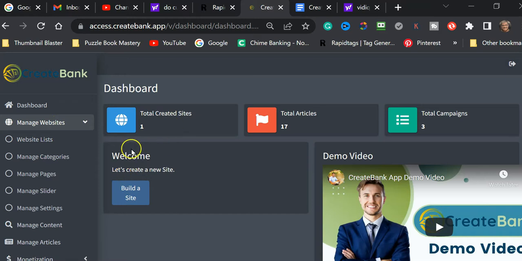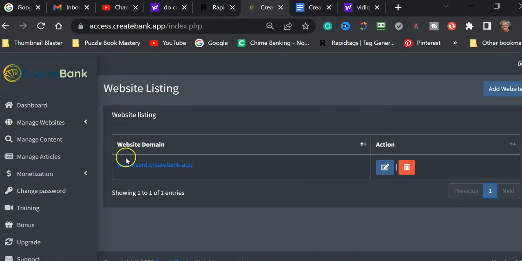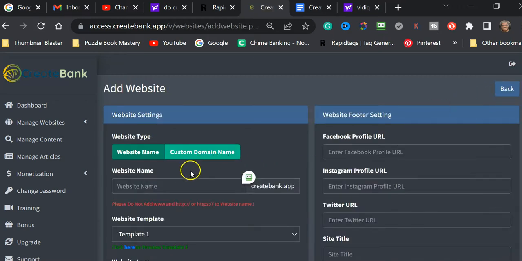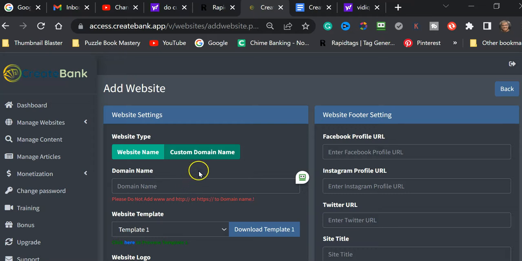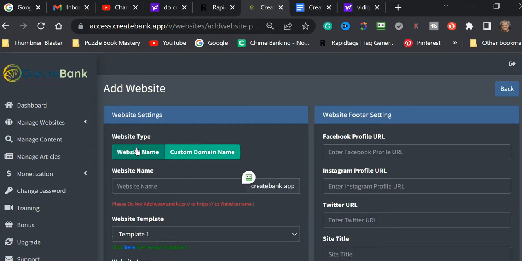I already have a website here, so what you want to do is click on website lists, and this is the name of my site here, but you're going to go up to the far right corner and click add website. And you can put in your own custom domain in this box here, or you can use a website domain. The reason for using a custom domain, I have a